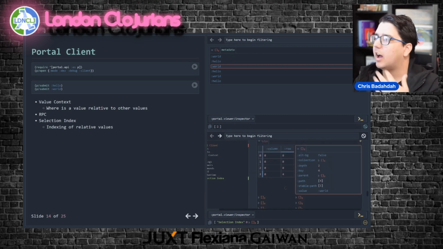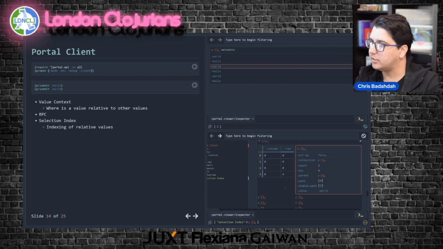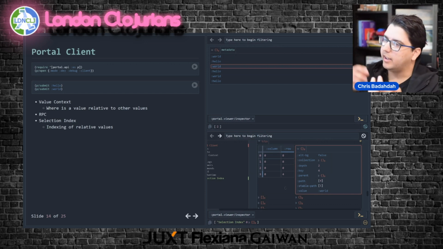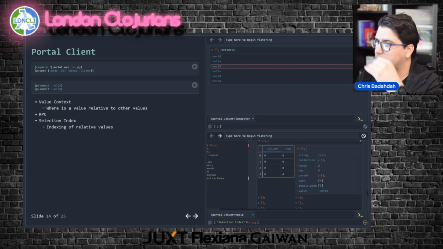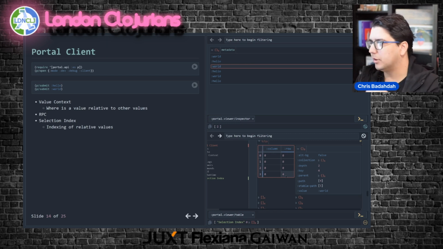I could write the code that looks into this data structure given this context and pulls out this position. And likewise, if I had this and I wanted to find things that are adjacent to it, I pop the last element, and I look for the column to the right or the row above or below, based on the directionality of the keys. It's really easy to index this data with relative positions.